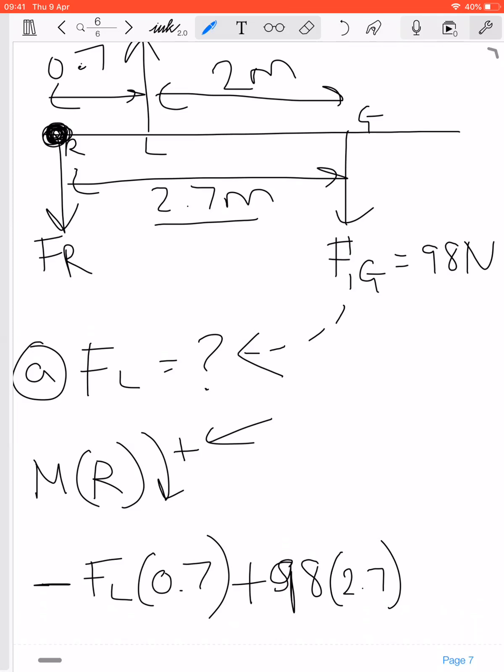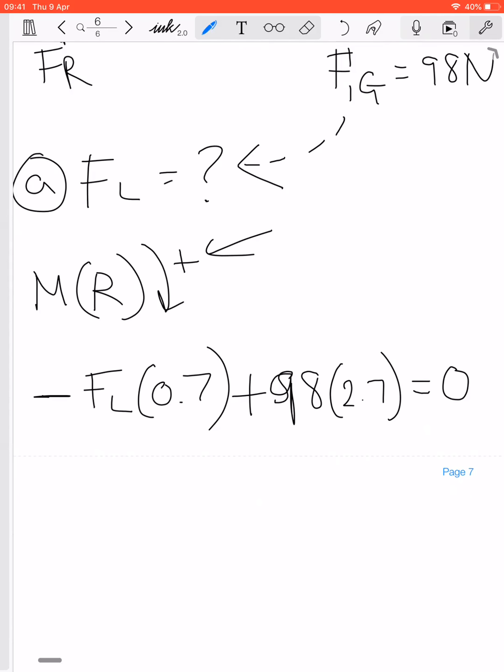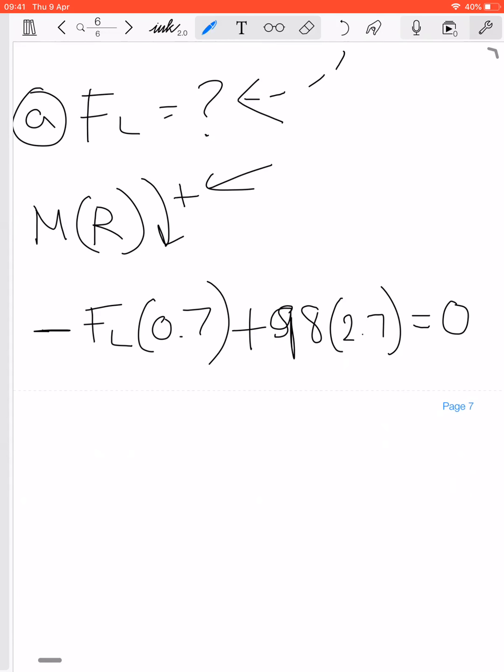And then he's not moving, he stood still. That's all our forces, so we know the resultant force must be 0. Right, all you need to do now is rearrange and pop into a calculator. So you've got minus 0.7 FL, add 98 times 2.7, let's pop that into a calculator,